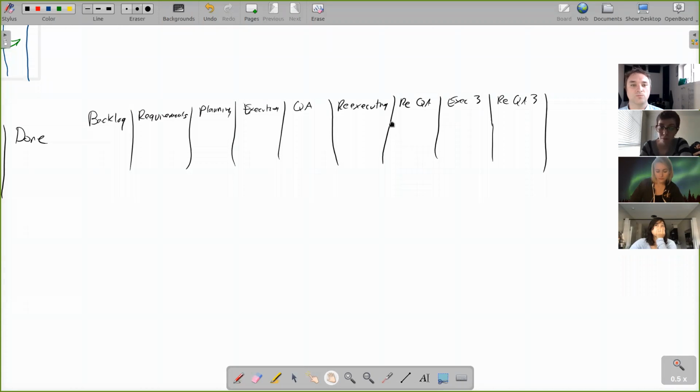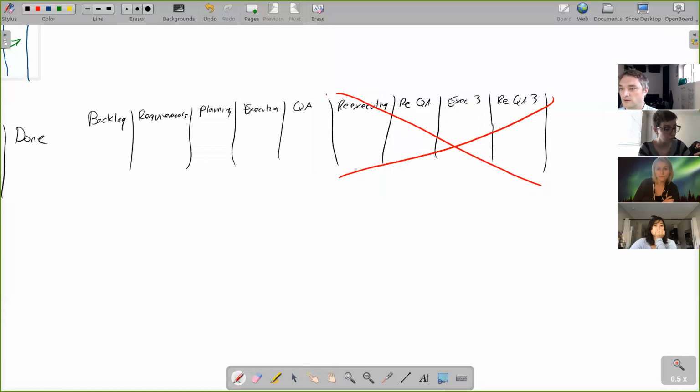For example, what if executing and QA were part of the same step? So rather than we did this and now it's queued up waiting for QA people, what if there's a QA person paired with a developer and that QA process happens as something is being developed? Cool. Well, now we can get rid of our constraint. And now our constraint is something else.